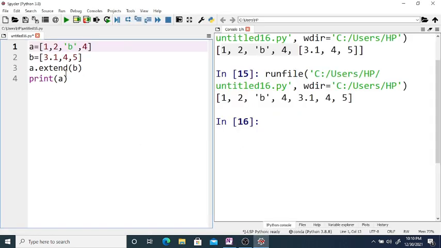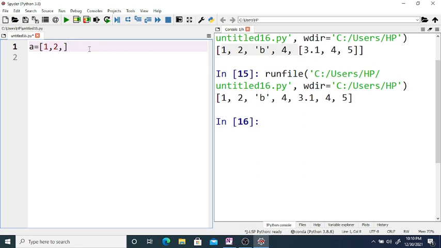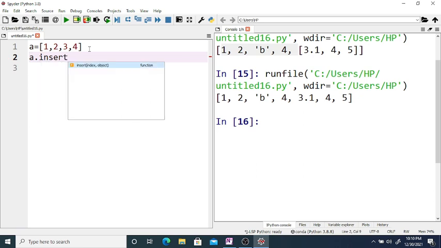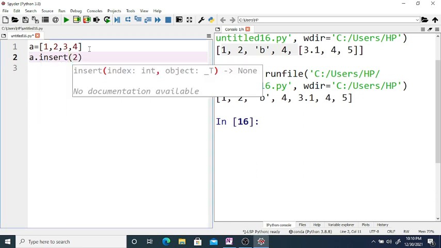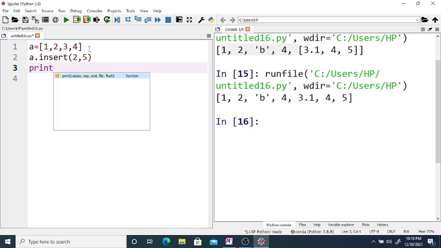Consider the example a is equal to 1 2 3 and 4, and we use a dot insert at position 2, and we want to add 5, and then print a.